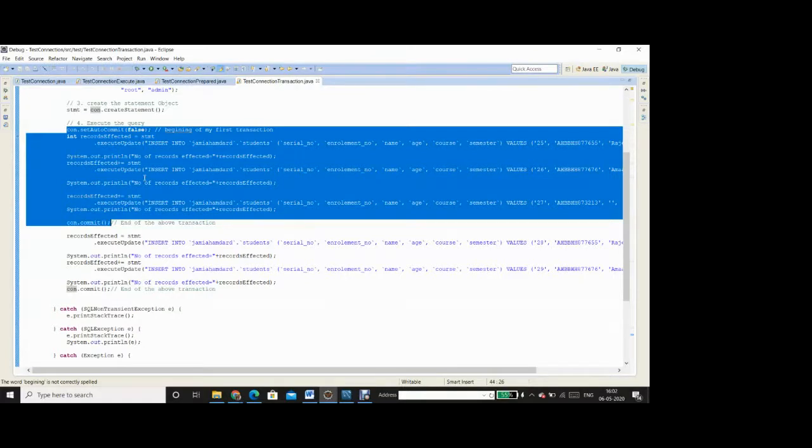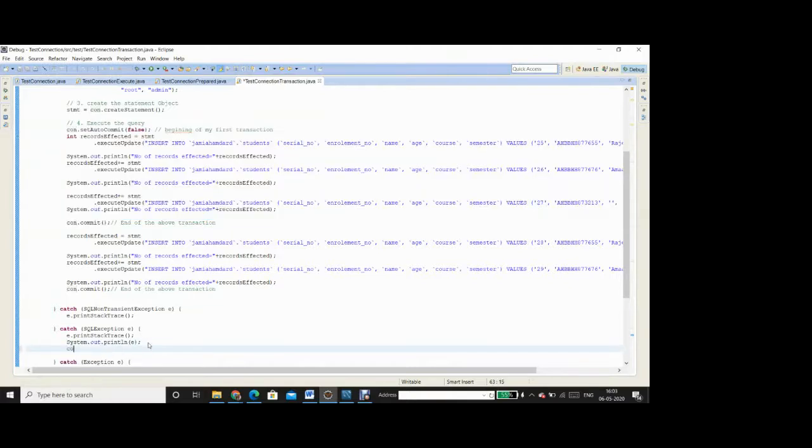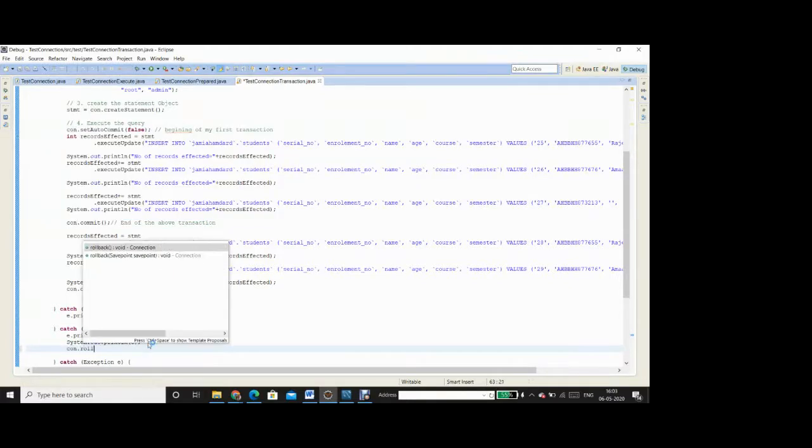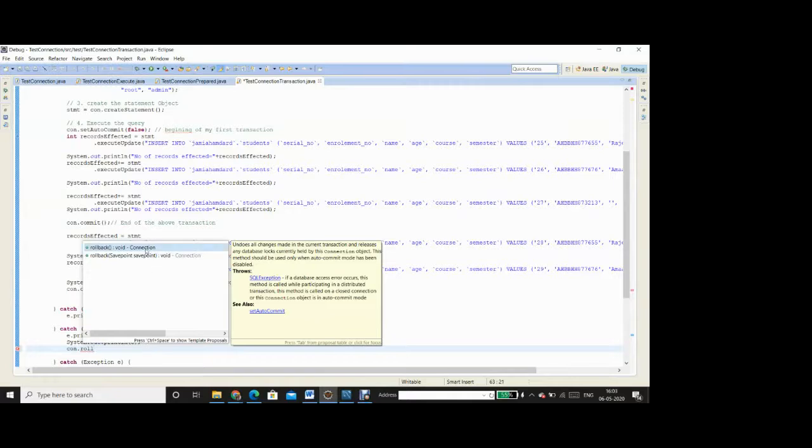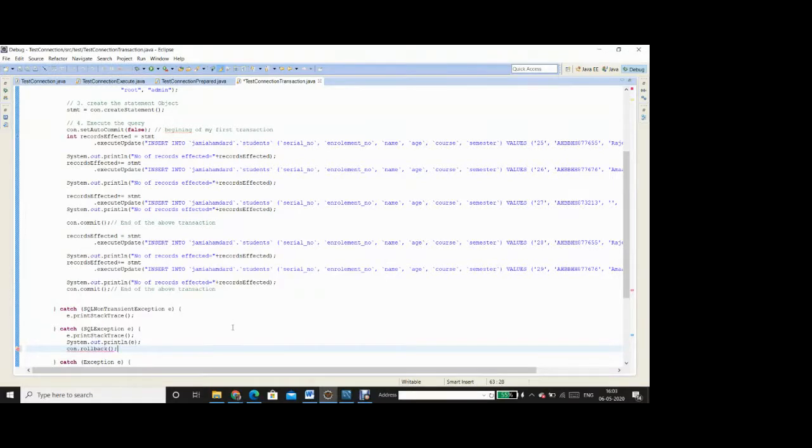If any of them fails, then you will get an exception. And once you get the exception, the control will go to the catch block, right? And once you go to the catch block, you have an option to say con.rollback. Let's say con.rollback.